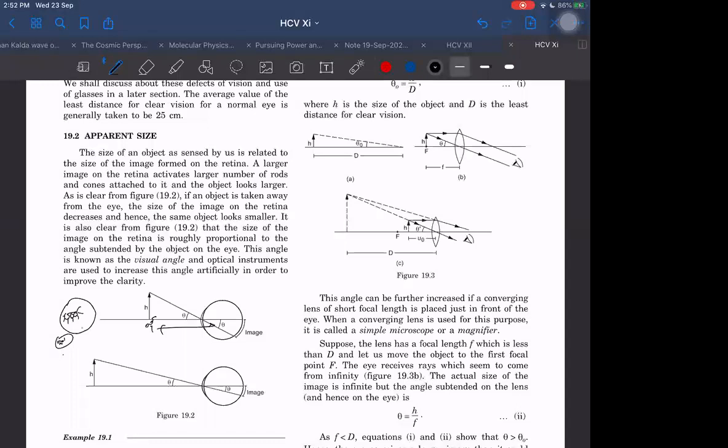If I want to see more details of this, let us say I want to see its eyes, how the eyes are, I want to see its organs also, then probably this eye will not be sufficient. And if I bring it closer, it will not be sufficient. Normally, if we want to see something properly, we bring it closer. But how close can we bring it? We can bring it up to 25 centimeters. But after that, we cannot do anything.